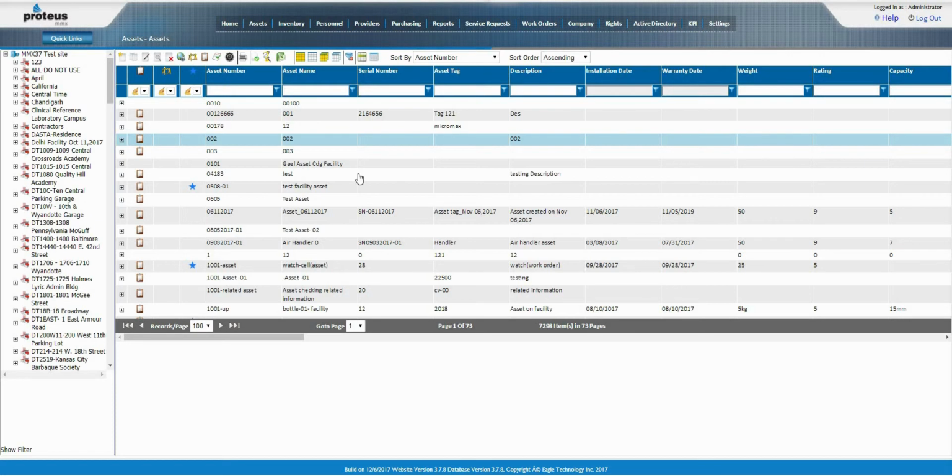Proteus MMX uses a number of icons for functions which should be easily recognizable in the MMX toolbar. Hover your cursor over the icon to display the icon name. Some of the icons used throughout the system are Create New, Copy, Edit the selected record, View a record that